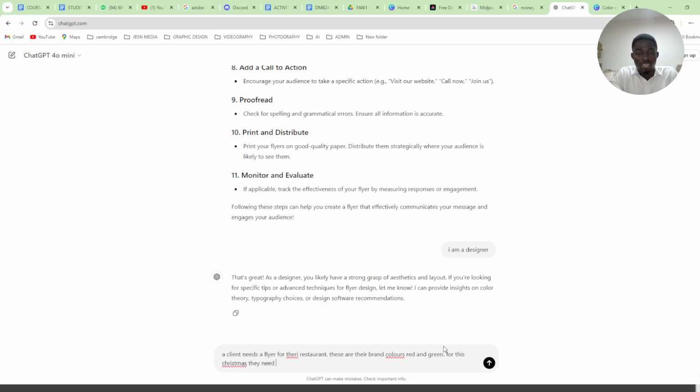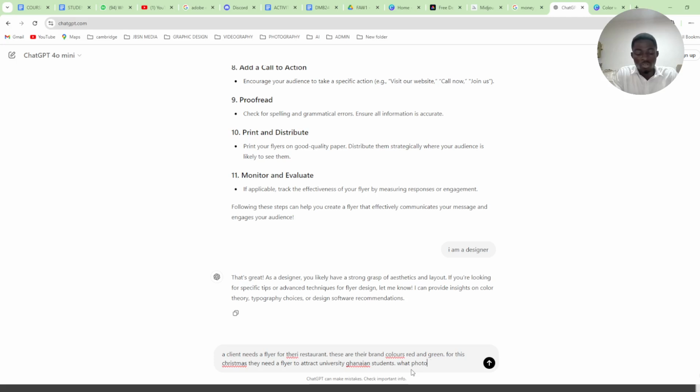They need a flyer to attract... which people do I want to attract? Maybe university students. I'll say university Ghanaian students. So we can say what concepts... I have to even have an idea of what I want to do. I probably want to do a graphic design bent on using Photoshop manipulation. So I would say, what Photoshop manipulation concept